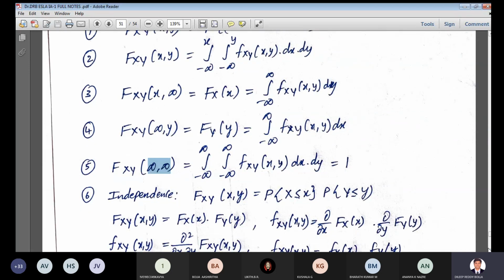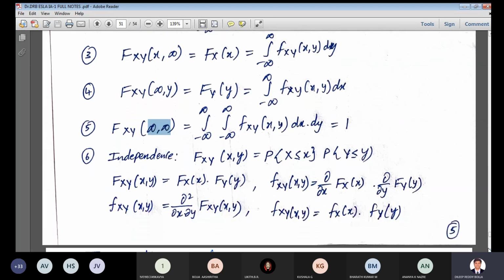And just now we have seen something for independence. Independence means what? The x value and y value are independent. None of the values are matching. Then what will happen? Here I used a different bracket, so use the same bracket. Okay, no problem. If they are independent, then the corresponding values are the product of those values.